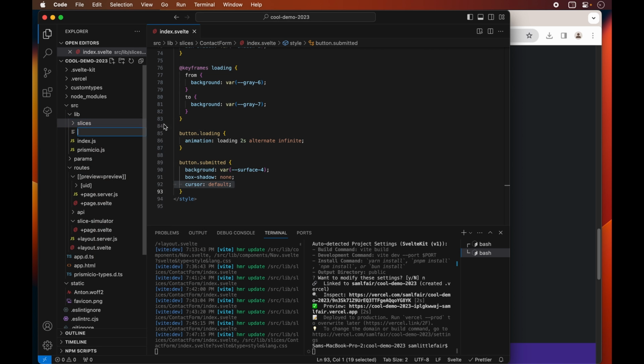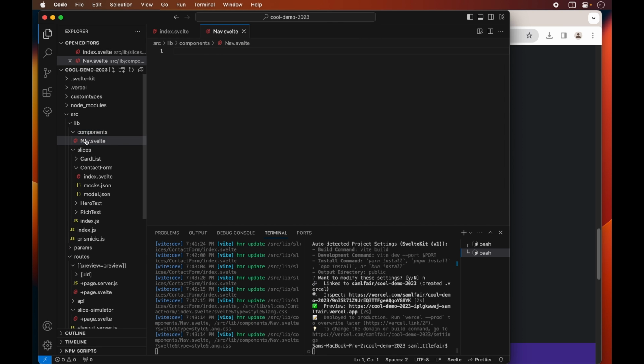Next, we're going to add a nav. So let's create a components directory inside our lib directory. We're, again, doing this inside lib because it's a good way to organize your code, and also lib gives us a nice alias that we can access from anywhere in our application, in our code base. So in lib, we're going to create a components directory, and in that directory, we're going to create a nav